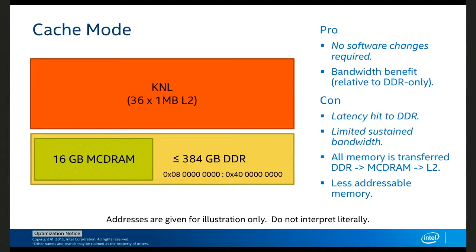Now, the nice thing about cache mode is you don't have to change your code at all, and you just get the MCDRAM. If you have data locality, you get caching behavior, and if you touch something many times, it sits in MCDRAM and you get higher bandwidth. And you don't get the highest possible bandwidth, as we'll see in just a second, but it's a good, easy button. And of course, you lose a small fraction of the capacity because you no longer have independently addressable